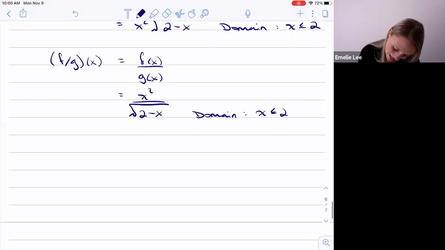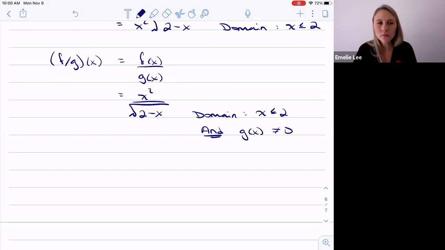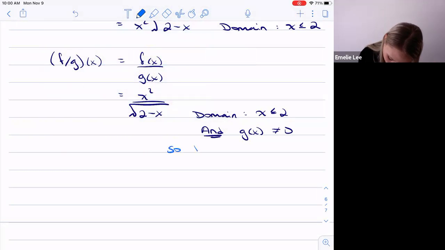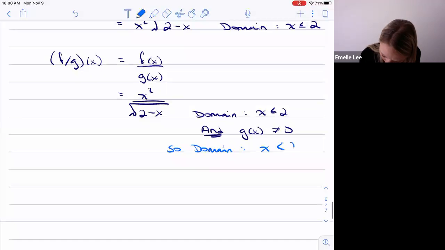The overlap, and g of x can't be equal to 0, which means that, well, 2 minus x, if x is 2, then I get 2 minus 2, the square root of 0 is 0, so that's bad news, right? And so the domain is going to be x has to be less than 2, but can't be equal to 2 anymore